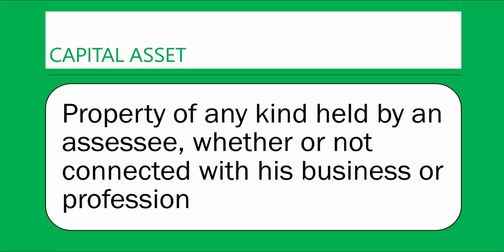Property of any kind held by an assessee, whether or not connected with his business or profession. So any property you're holding as a personal property, or as a business asset, is called a capital asset. This is the income tax definition of an asset held by an assessee. We are all assessees because we have to pay taxes. However,